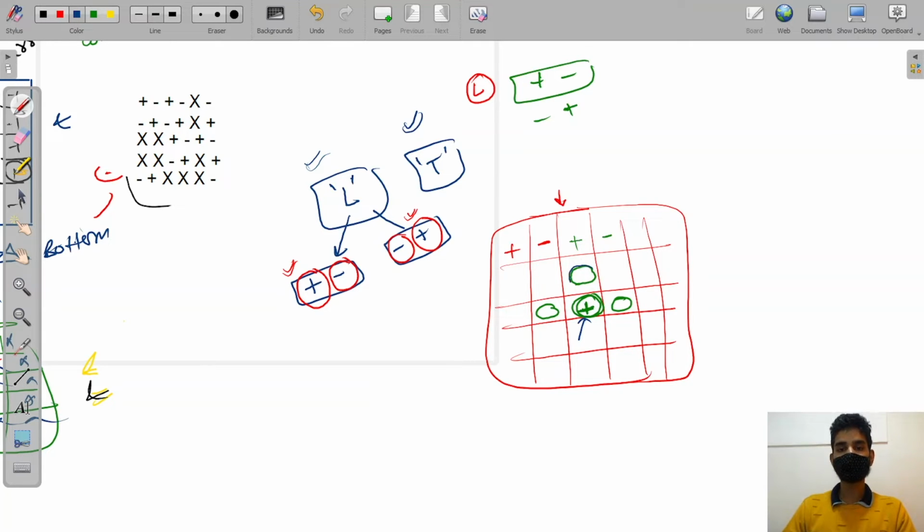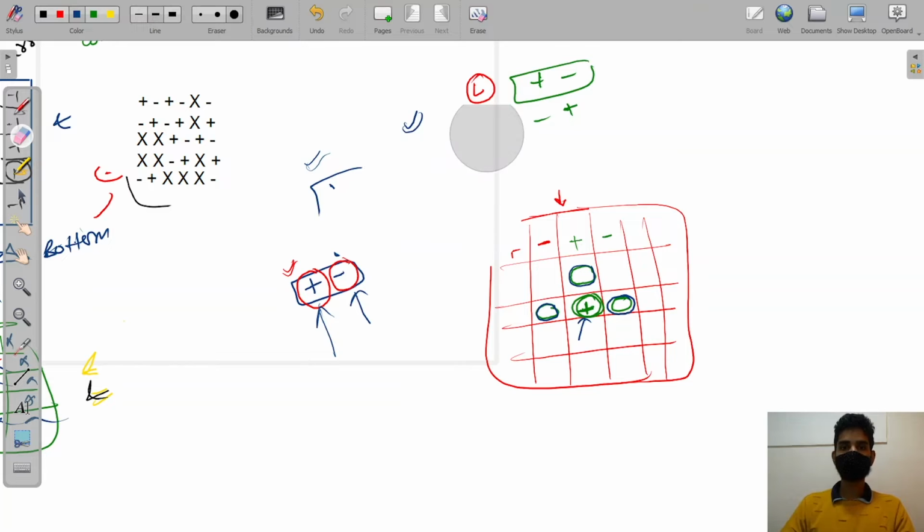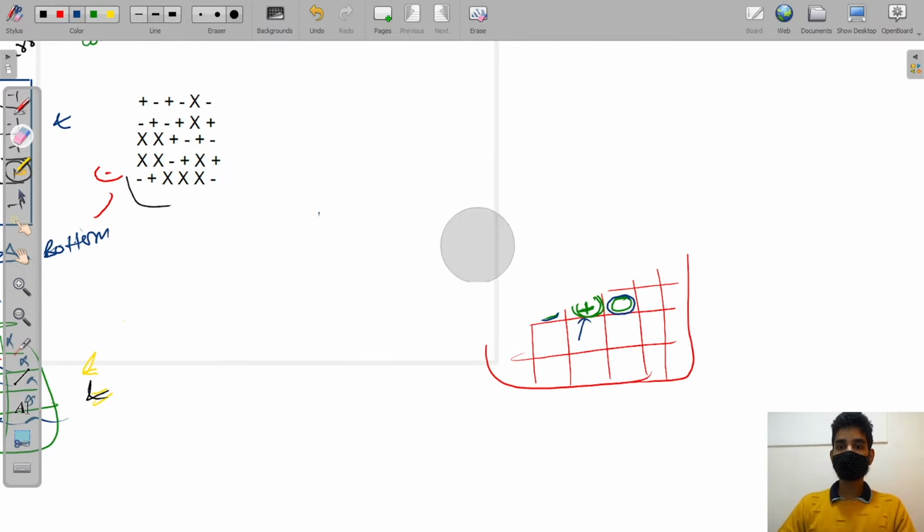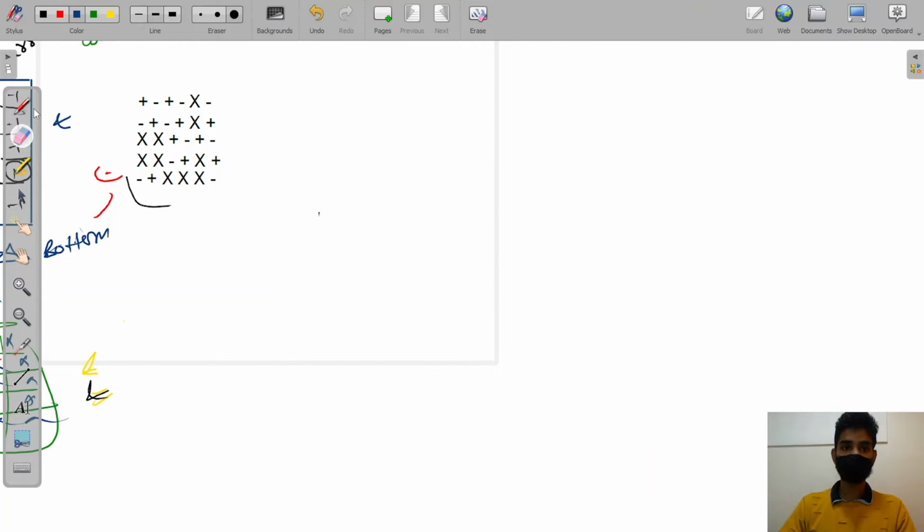So if plus is present here, I cannot put it. If plus is present here, then also this is the wrong place. So I have to check three conditions in which I can put a plus here, or exactly the same thing for negative also. Okay. So basically what I am saying is that you have to check whether you can put, basically, first